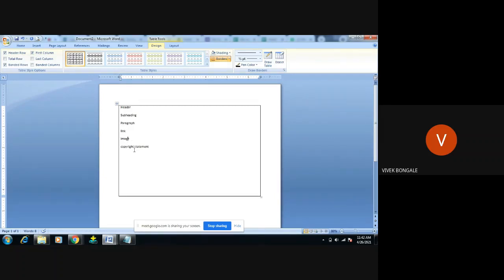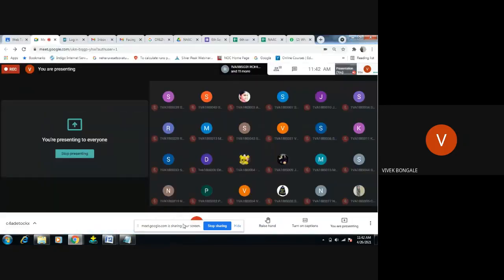At last, the copyright statement. You would have noticed that in any of the web pages, at last we'll be having a copyright statement. This particular page is copyrighted by this particular company, so that no other person can copy that one. If we copy it, they can file a case against us, right? So the copyright statement, this I want to frame in my HTML code. So we'll try to achieve this with the HTML code, right?